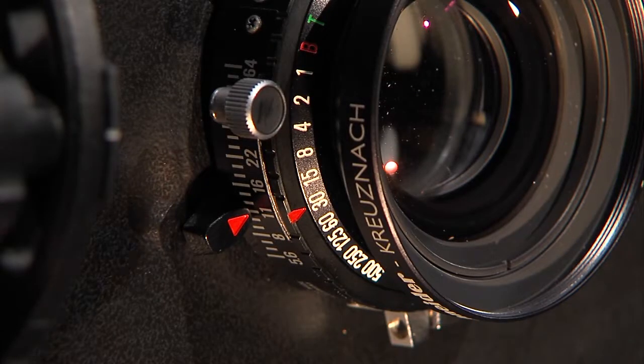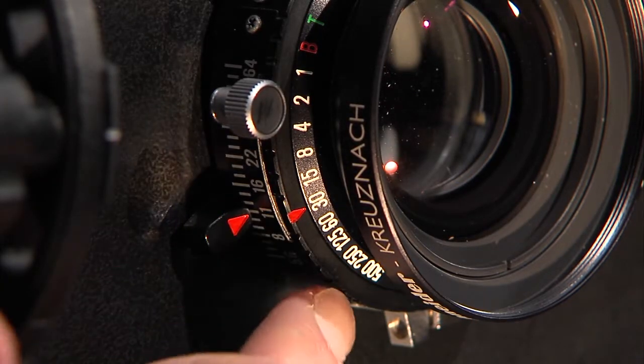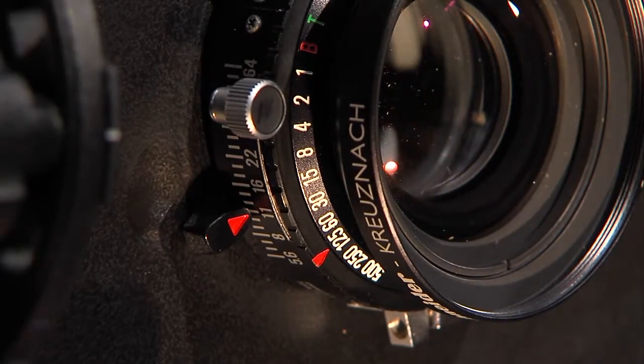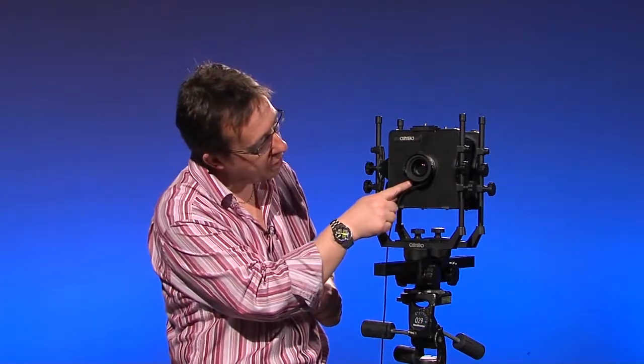Once you've got your camera set up, the next thing to do is set your lens up. To set the lens up, you need to know a meter reading. And suppose our meter reading's 125th at f11. So we need to set our shutter speed to 125th of a second. So we move this dial round, so we're on 125th. And then we need to set our f-stop to f11. And that's this dial here,